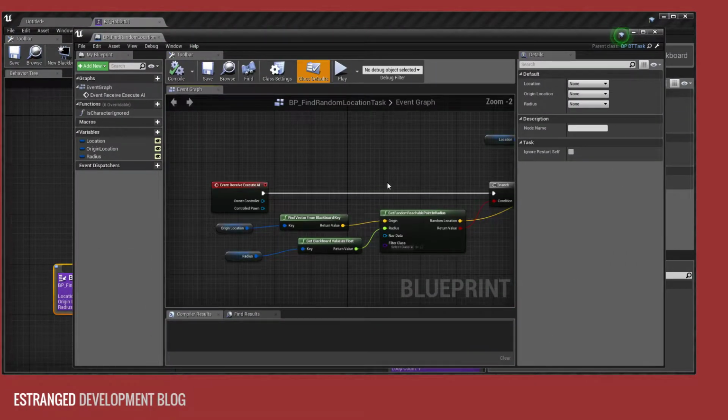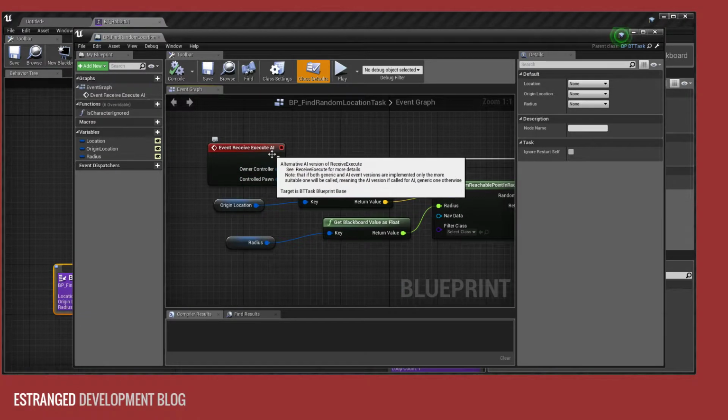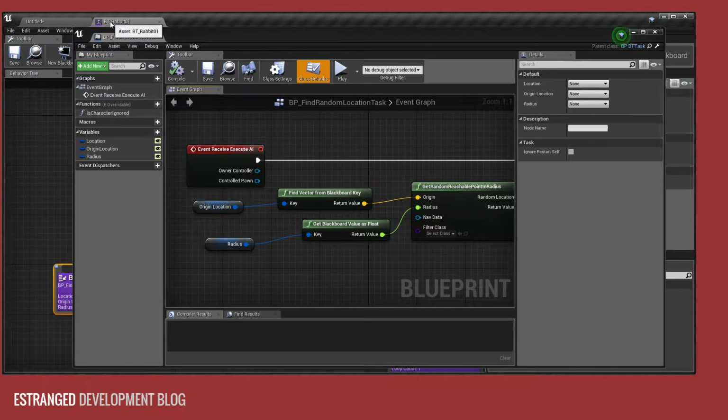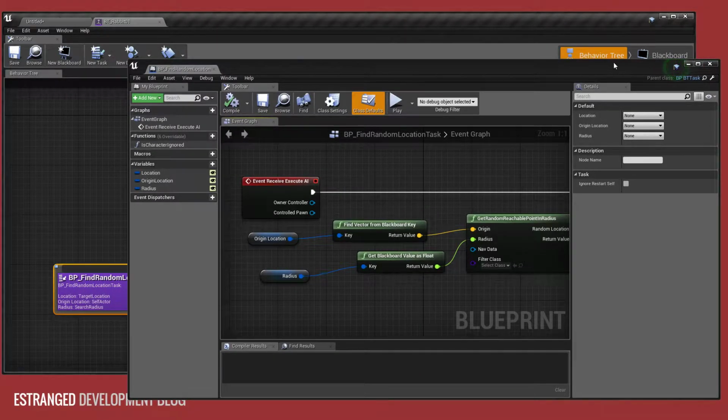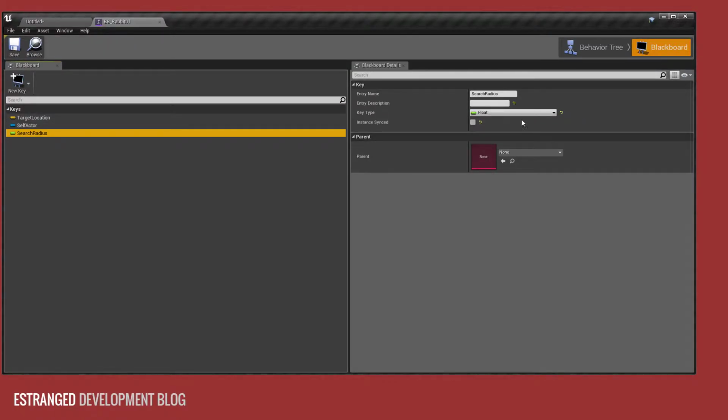So here, this is a very, very simple Blueprint. All it does is, when it receives the execute, it finds the origin location of the rabbit, and that's actually set on spawn. Just the location that the rabbit was created at in the world. So it can never go too far away from its origin. And then we've got this radius setting, which you'll see if I go back here. If I go back here, the radius is set by a Blackboard key, search radius. So search radius here